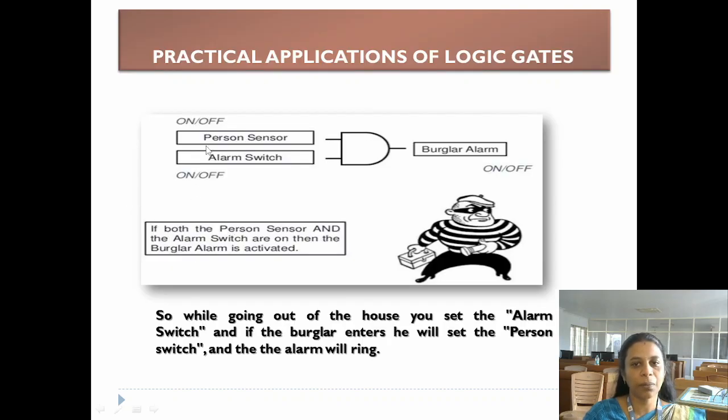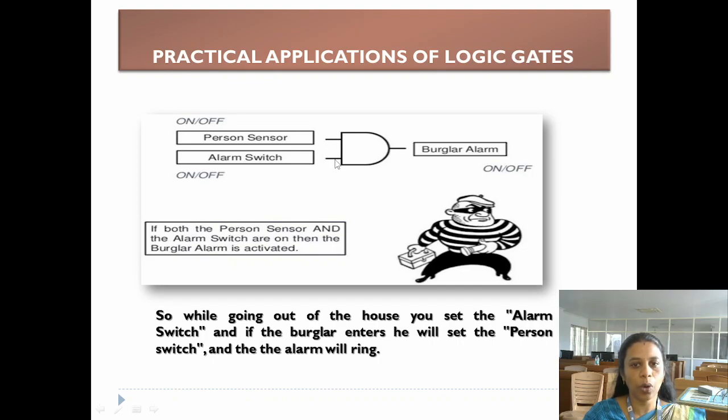This is the best example that shows the practical application of a logic gate. Here we use an AND gate in order to activate an alarm. The two inputs are: one switch is the alarm switch and the other is a person sensor. These are the two inputs given to the AND gate,